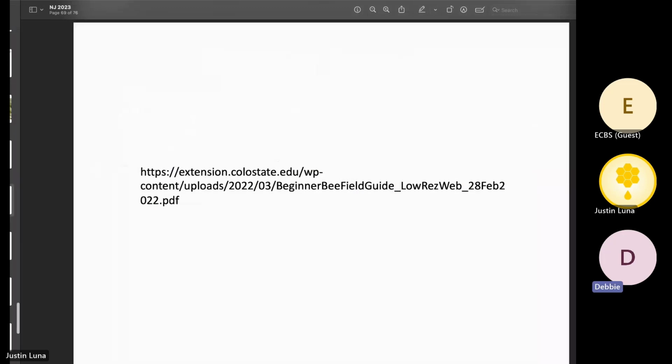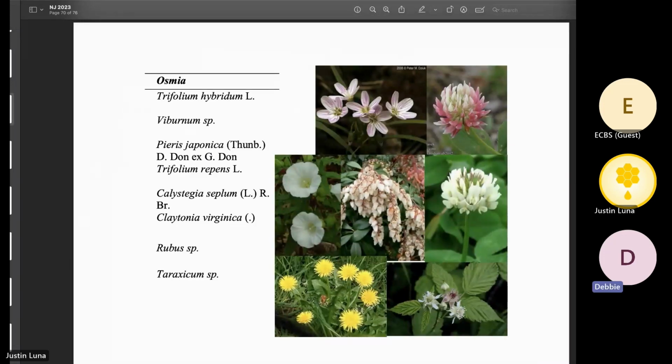So this is a great field guide, and this actually helps you understand and learn the different bees. So this is just a link to a PDF, and it's just a really good guide to starting to learn the different solitary bee species that exist. Next slide. And as we were doing this work, we also just did a lot of observations,